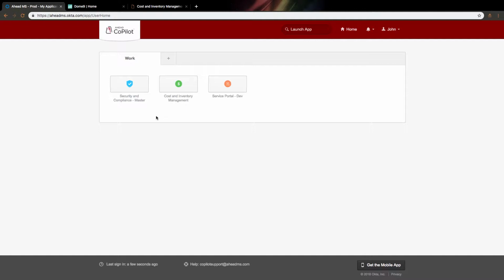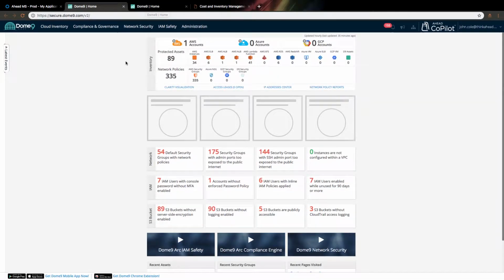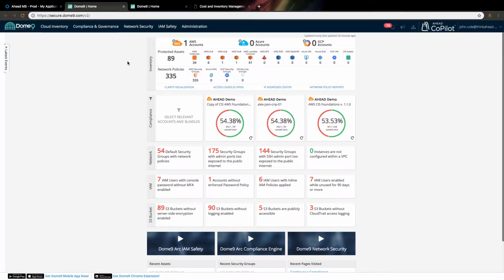As you can see, I've logged in with my Okta single sign-on, and I'm going to focus in this case on our security and compliance settings, and I've got that set to come up and launch Dome 9 with my master dashboard. Very quickly here you can see that I'm reporting against one AWS account and currently 0 Azure accounts